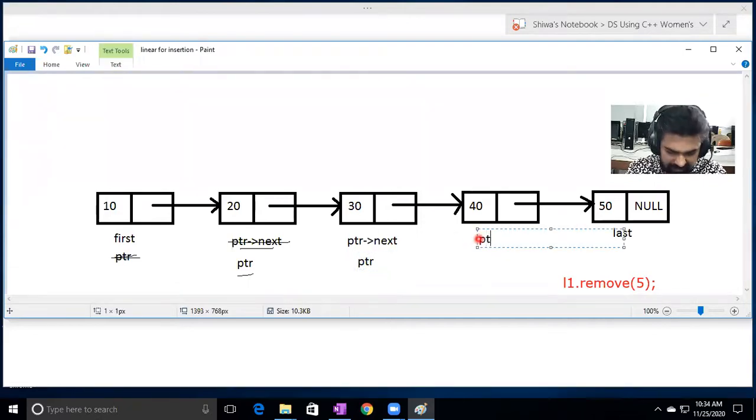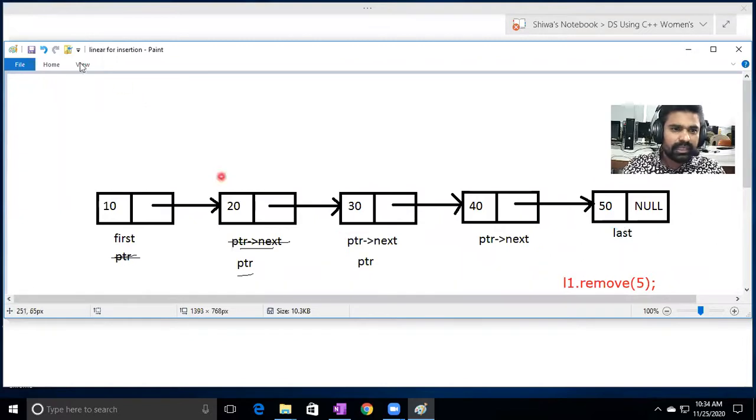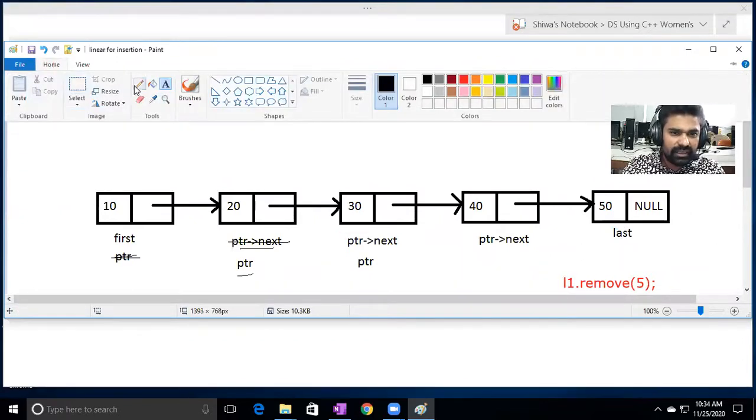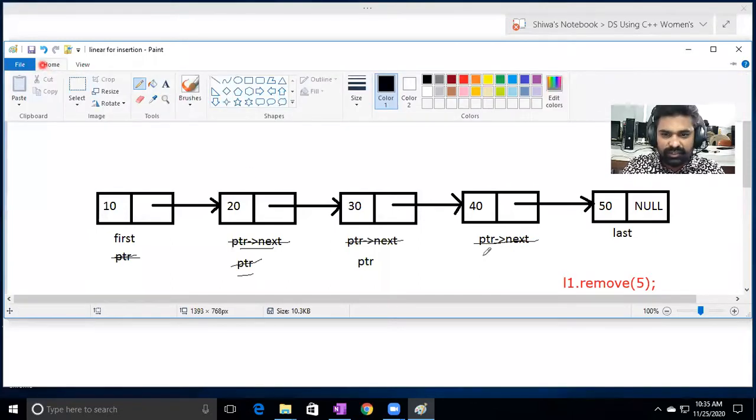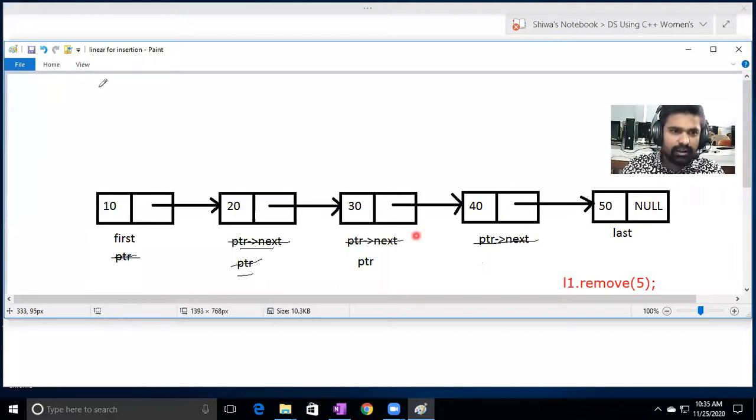Now this one is not the pointer, this one is the pointer. I want to make this pointer next as the pointer. So this pointer next I am holding in the pointer. So now this one is the pointer.